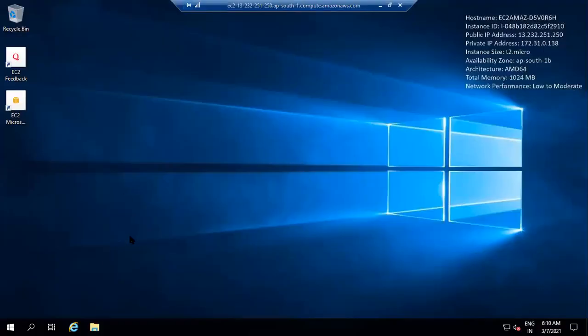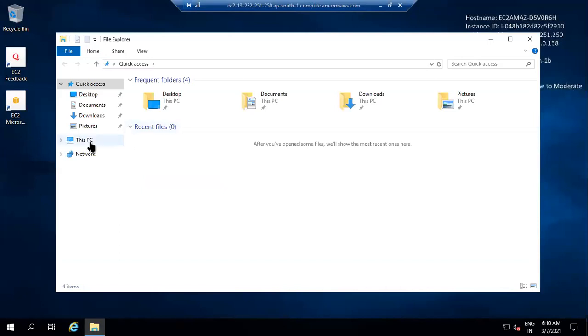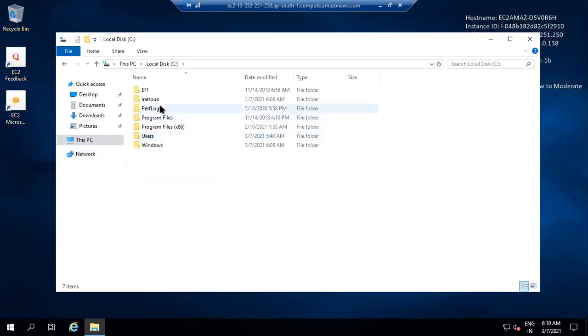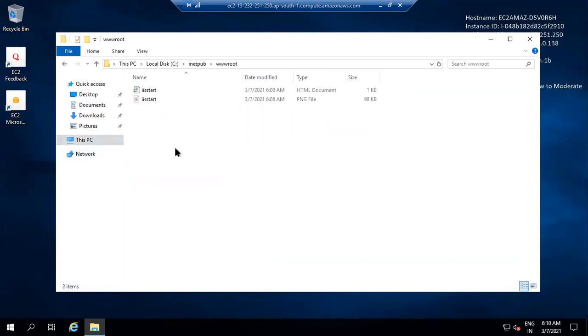You need to go here and go to This PC, C, inetpub, wwwroot, Control A, delete, and paste your content. Just wait till it gets copied.